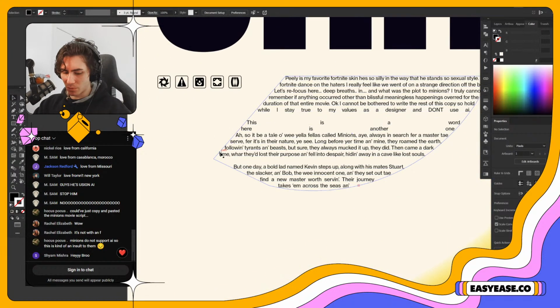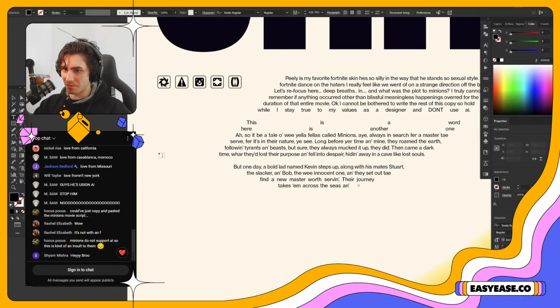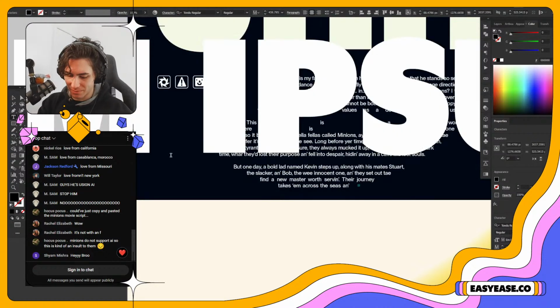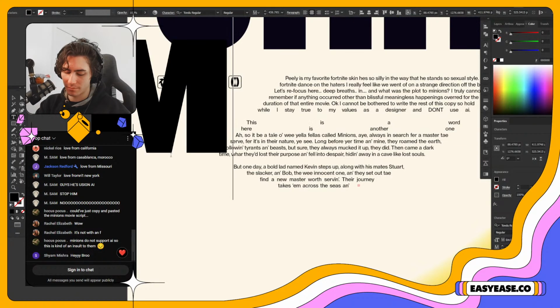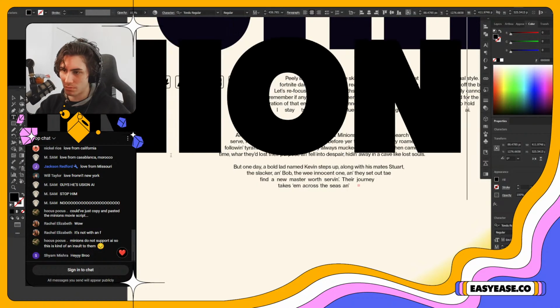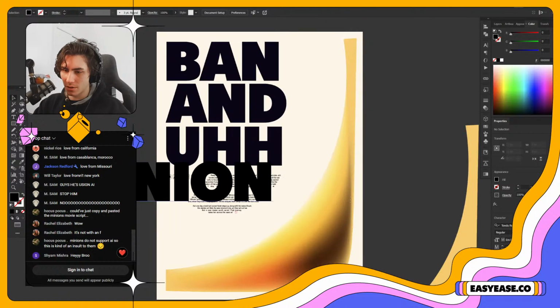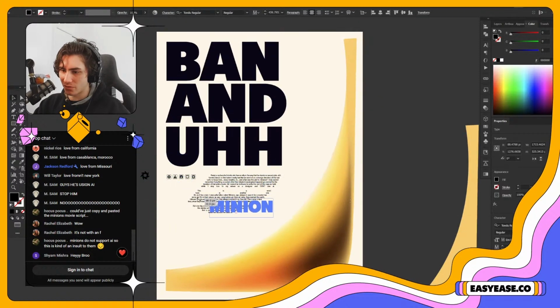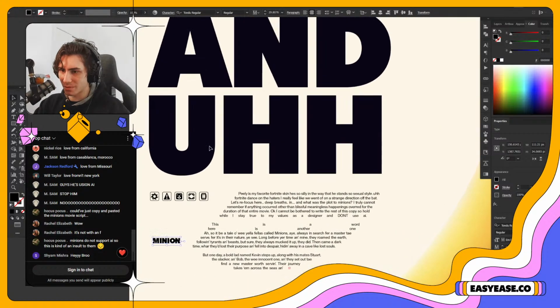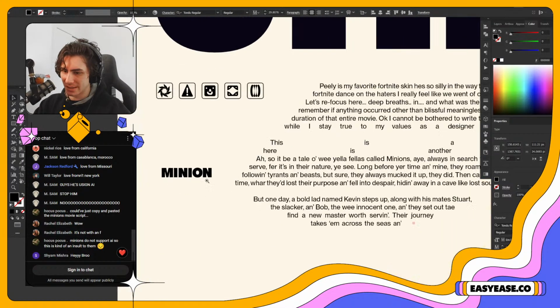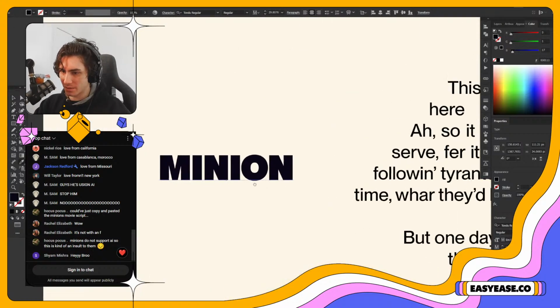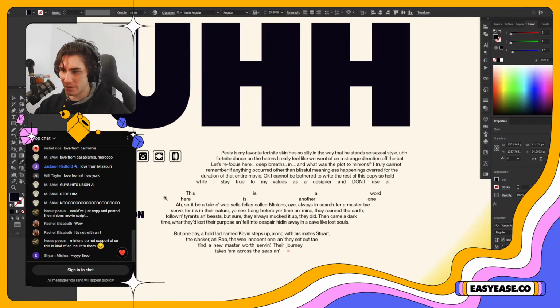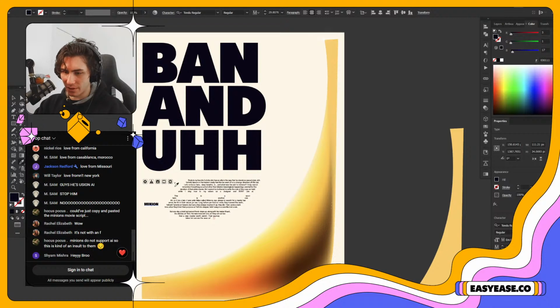Hey, for some reason I want one more piece of text, like right here. Oh god, that's massive. And it should say mignon. I swear to god, half the stuff that I do just ends up being about minions, and I don't mean for it to happen. It just does. Let me get that same off black. In fact, really everything here should be that color.